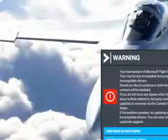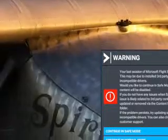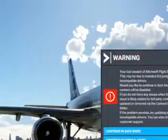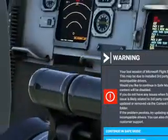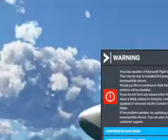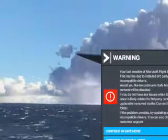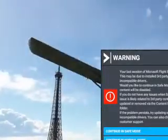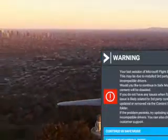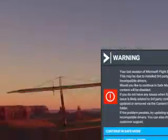And then I've got another goodie that I'm going to be doing a review on here in a few more weeks, and that is the CDU. We're going to actually have one that we're going to get to do a review with, and it looks just like the real CDU out of the airplane. It's got all the buttons that you can push, and supposedly if I do left soft 1 or right soft 4, it also